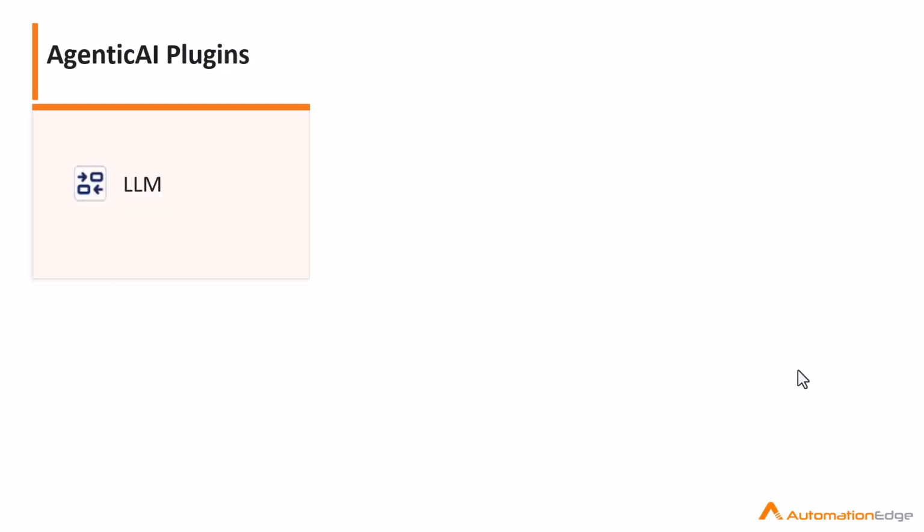So first one is LLM step. This is as simple as chatting with ChatGPT or Gemini, where you ask a question and it gives an answer, and then essentially you can also define a system prompt for it. And I'm going to do a demo of each of these steps, so we will go into the depth for each of it. Then we have knowledge base step, which is used to connect to an existing knowledge base in